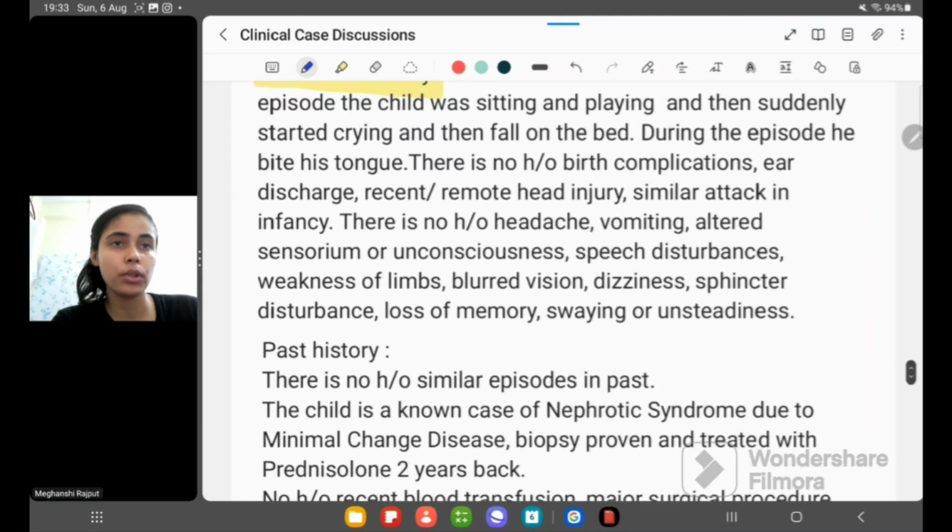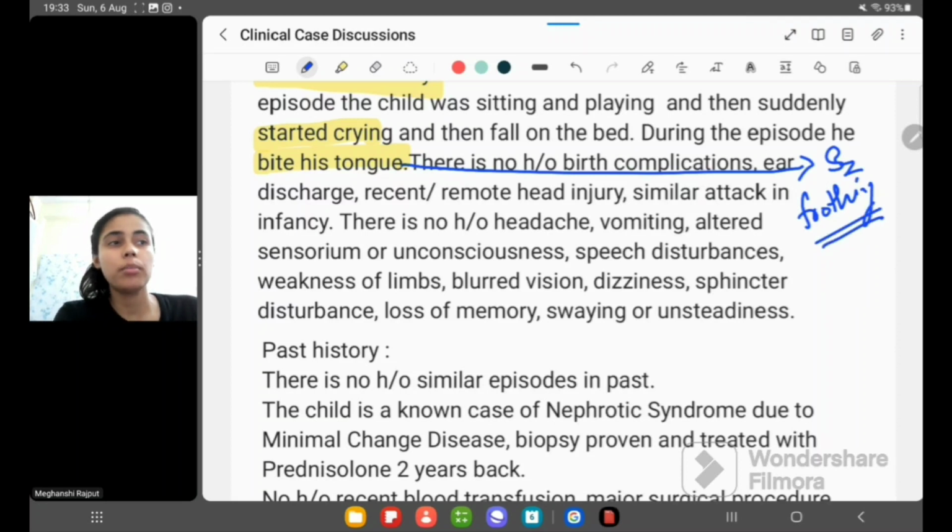Then the most important thing is that the child started crying before, and bit his tongue also. So here I know that the tongue bite is there, it could be a seizure. Other than that, a frothy mouth or any discharge coming from the mouth also points me towards a seizure. Then, usually in a 4 year old child, I would not ask about birth complications unless this type of history is presented to me, because a history of birth complication will tell me to rule out